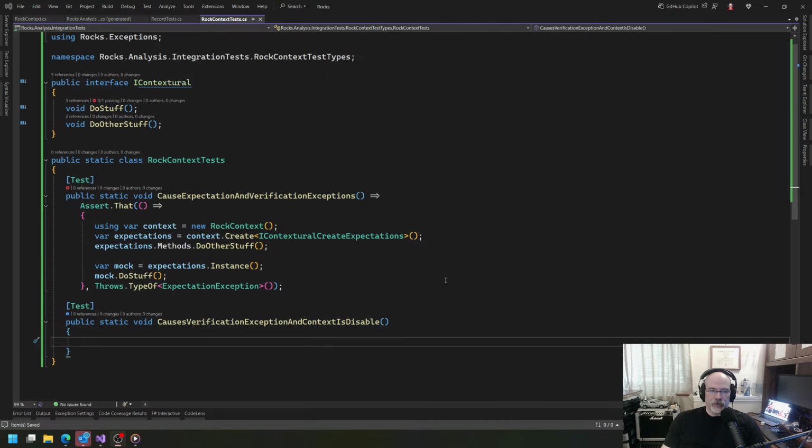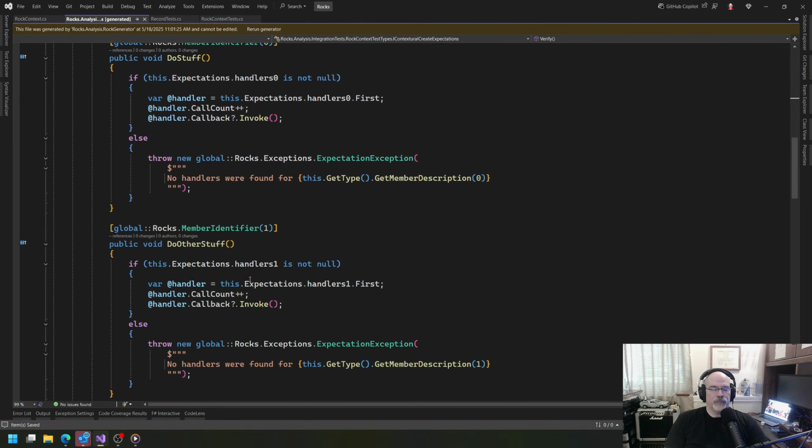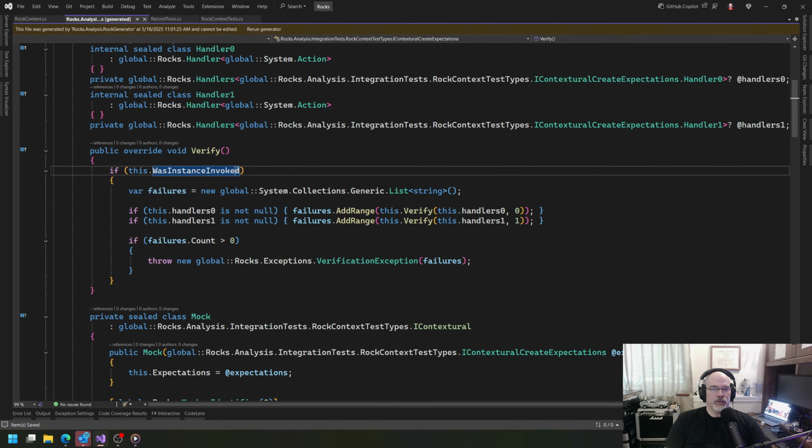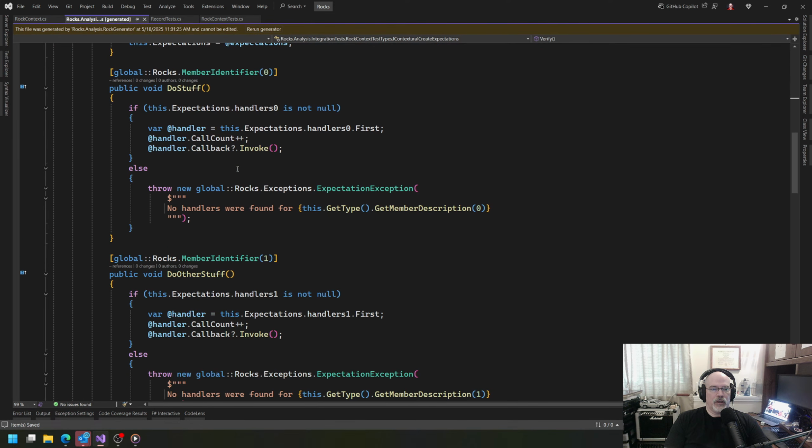So once I get all my work done, what should happen is my integration tests should not fail. They should recompile just fine. I should also be able to run the code generation tests. The unit tests are going to break a lot because what's going to happen is now within generated code, this verify is going to change. And